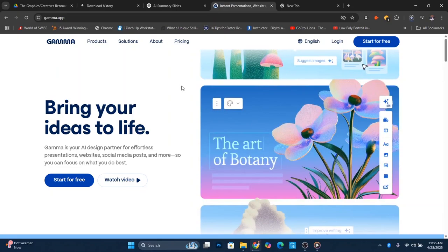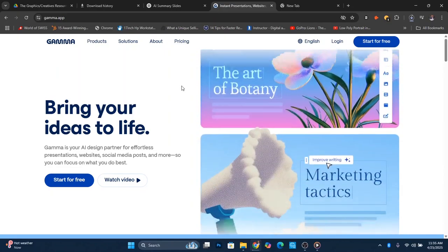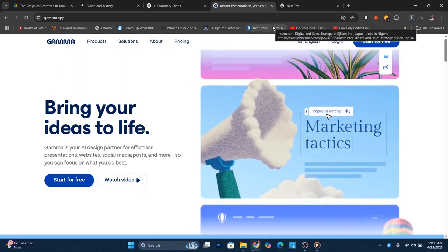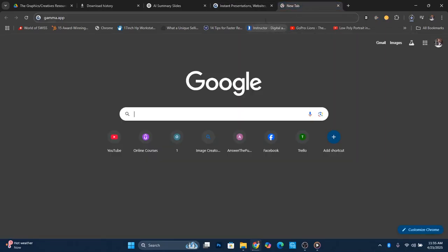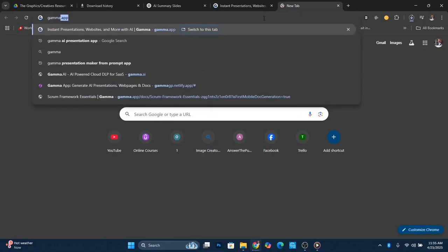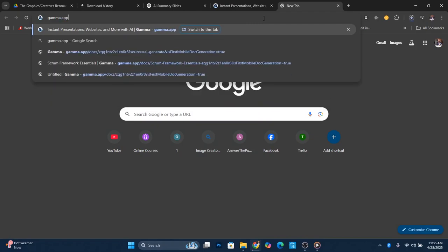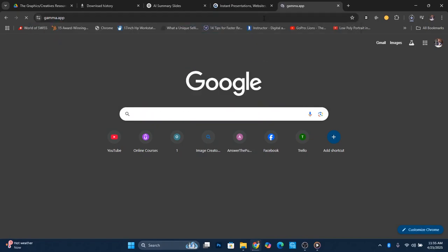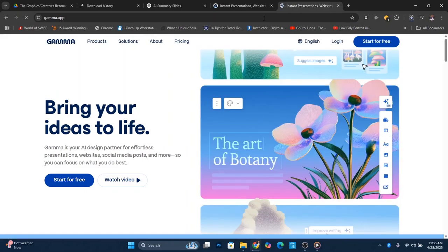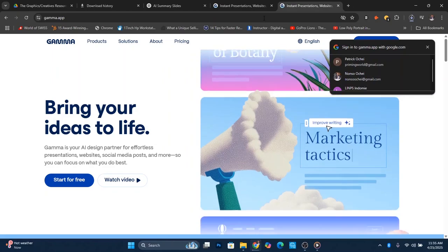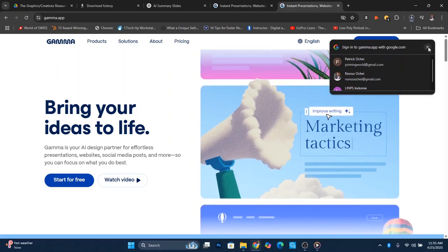The name is Gamma AI. To visit the website, you just go to your web address and type gamma.app, and press enter. Once you do so, it takes you to this website as you saw previously, and all you need to do is